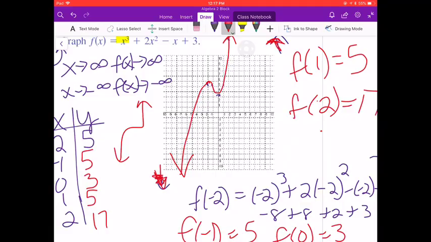Okay, that's all the time I got for you. I do have one more example, so check the class notes for that last example, but hopefully